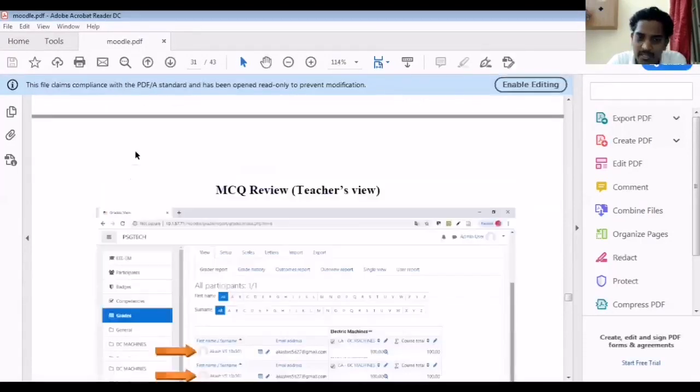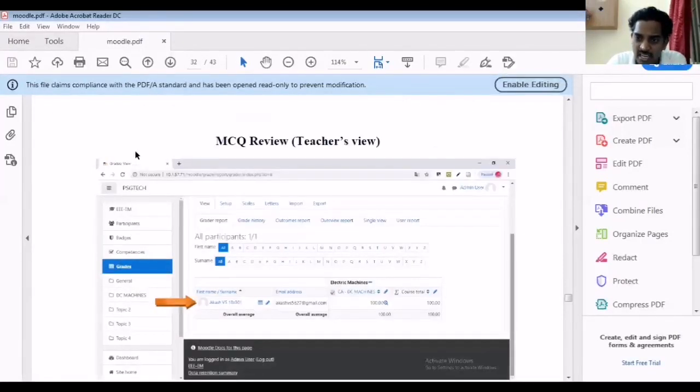Once they have done that, immediately the teacher can view the result of a particular student, or they can take the whole class results even without any further delay. In a fraction of a minute, the faculty is able to extract the overall result of the particular quiz.